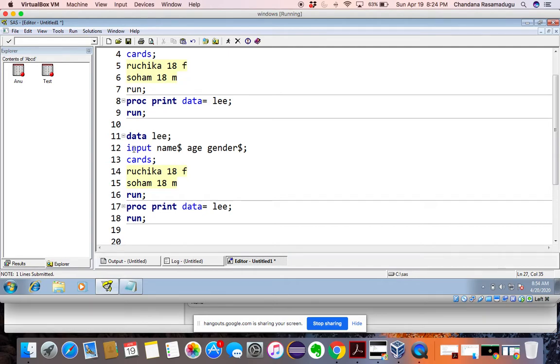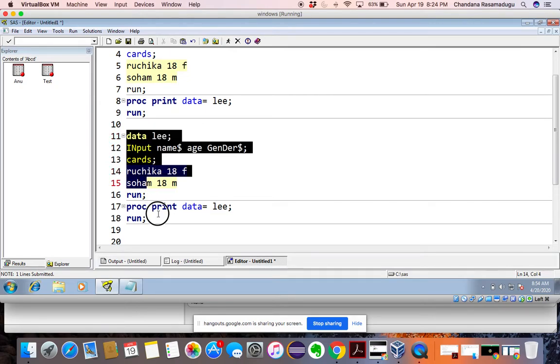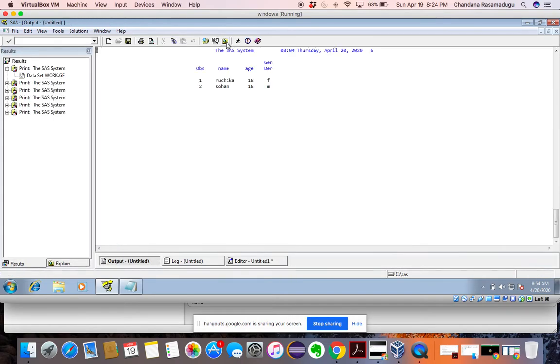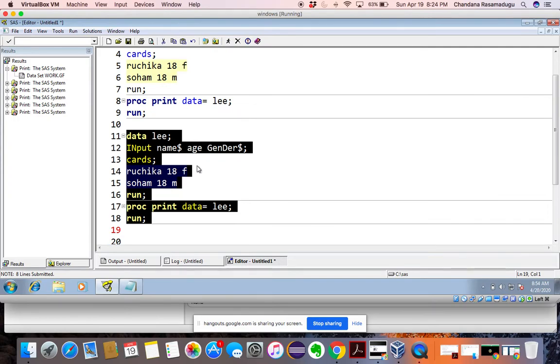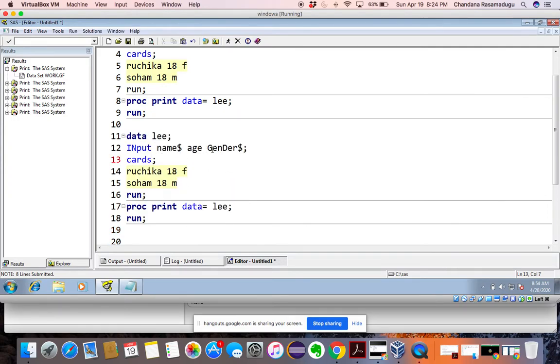Okay, see, I can write like this: capital I, N, and I can write this program like this. I can give gender with a capital D, and now I will run the program. But still, SAS is able to run the program. See, it got G over here, D capital. You can see that, right? Whatever I give, it is not case sensitive. I have given mixed cases, like I here, N here, capital, and capital G, D.